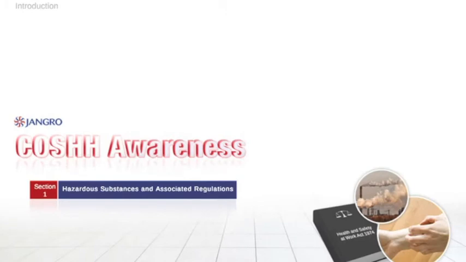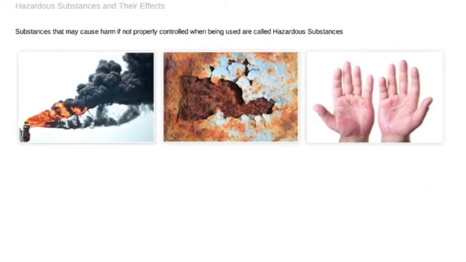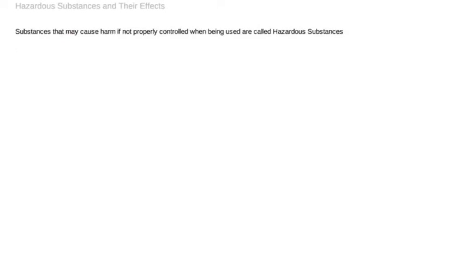Section 1. Hazardous substances and associated regulations. Hazardous substances are those substances that may cause harm if not properly controlled when being used. Failure to adequately control these substances can produce adverse effects on human health, such as unconsciousness because of inhalation of